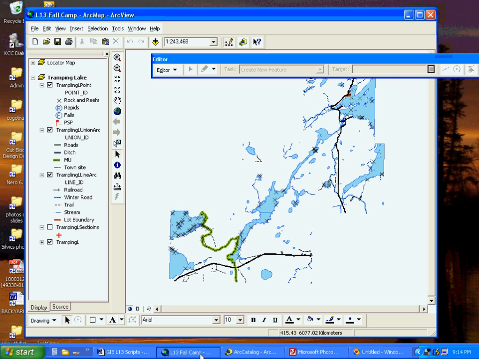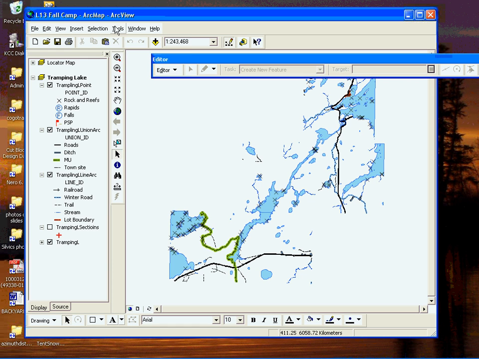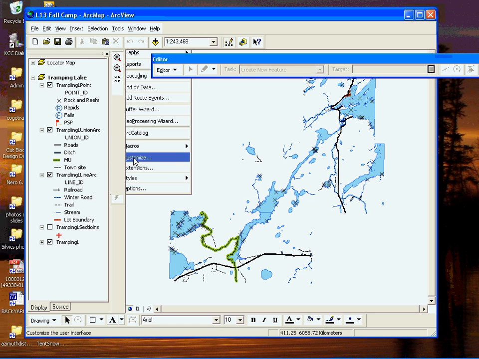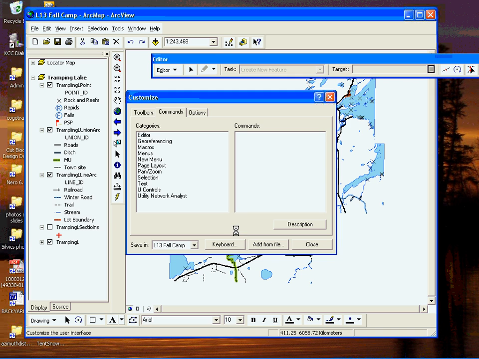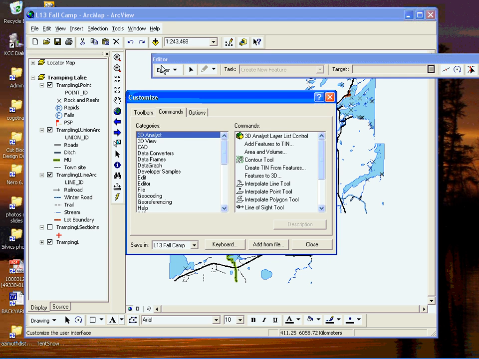So you go simply to Tools, Customize, and the first thing you'll need to do is go to Commands, and once it loads up, okay, now that it's loaded up all the categories here, I'm just going to browse down here